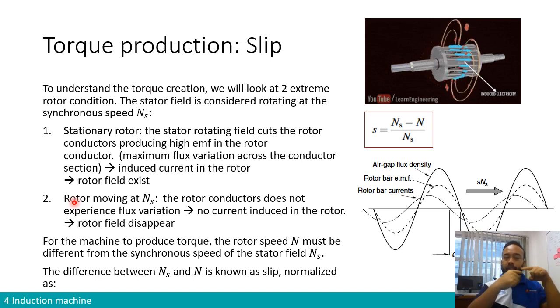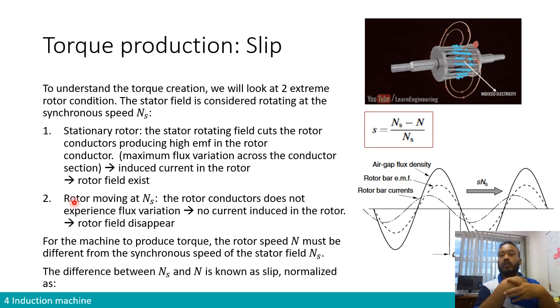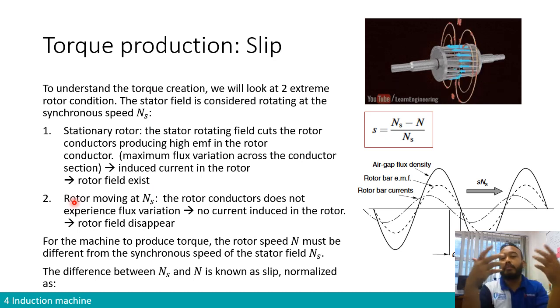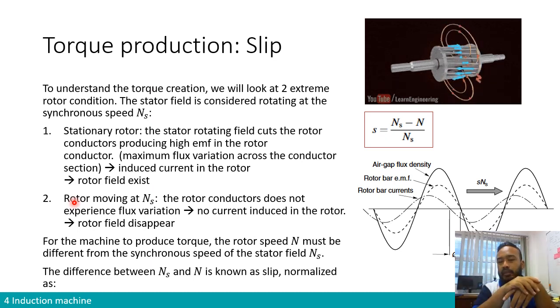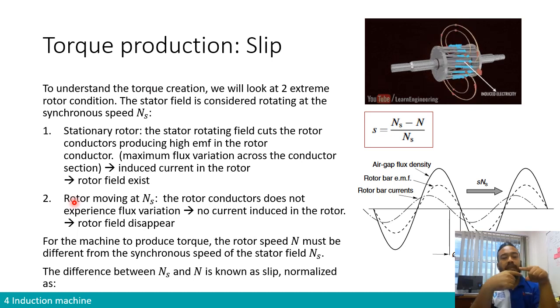So if it's moving along with it, then any magnetic flux that's coming from the stator is going to be seen as constant by the rotor. If you have a constant magnetic field across the conductor, what's going to happen? Then you will not create an induced current. Because remember, Faraday's law says the induced back EMF or induced current is created when you have dphi over dt, the variation of flux. But if they move with the same speed, then there will be no